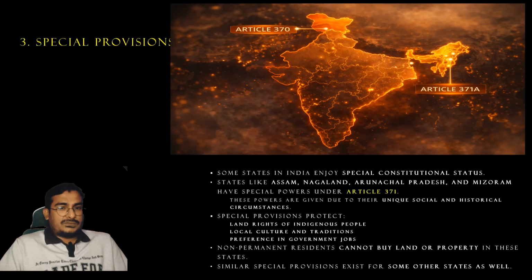Not just Jammu and Kashmir, there are quite a few other states, like for example Assam, Nagaland, Arunachal Pradesh, Mizoram. These are under article number 371. And the common understanding is that generally non-permanent residents cannot buy land or property in these states. That's the reason for all these special provisions, to keep their culture intact, to keep their local population happier without much migration from the other states, so as to keep unwanted competition away. Also to preserve their local cultures. That's one of the other reasons.